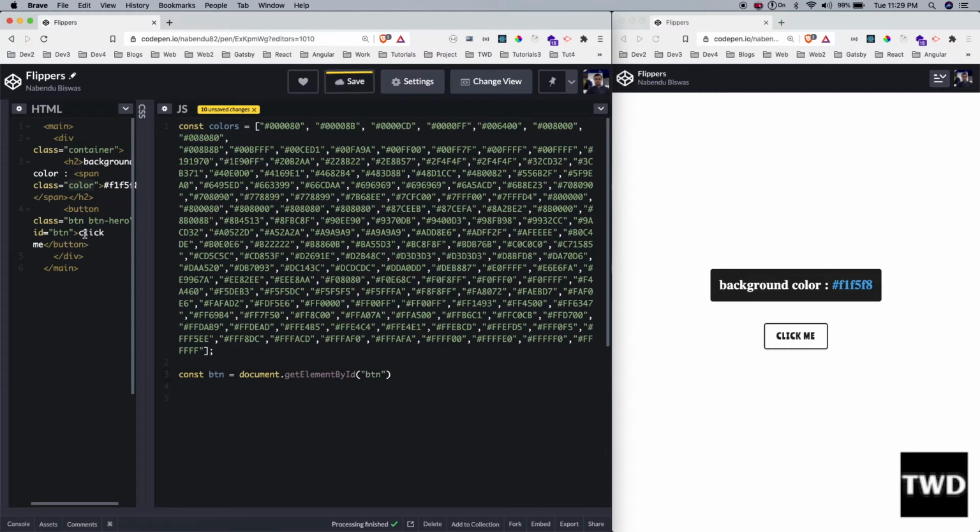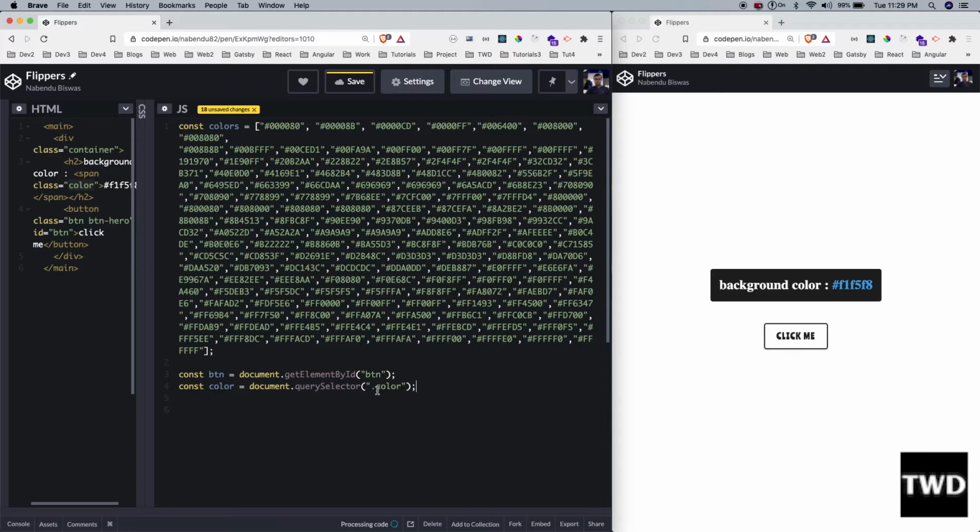See, I'm choosing this button. See, it has got an id of button, so I'm choosing this. And then after that, const color equal to document dot querySelector dot color. So we can use querySelector, getElementById, anything.